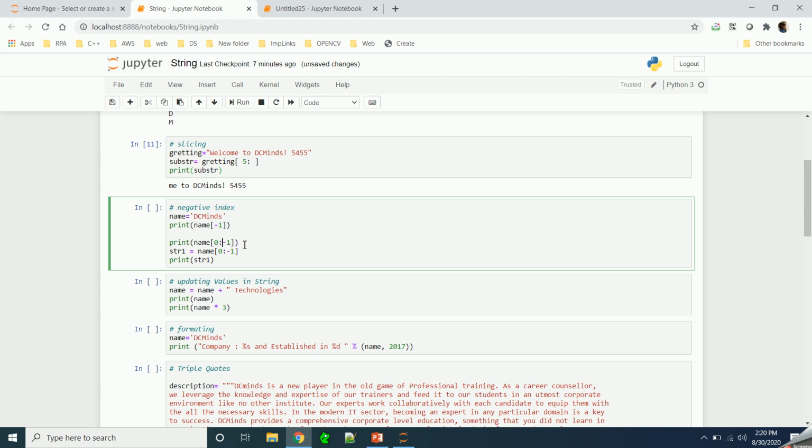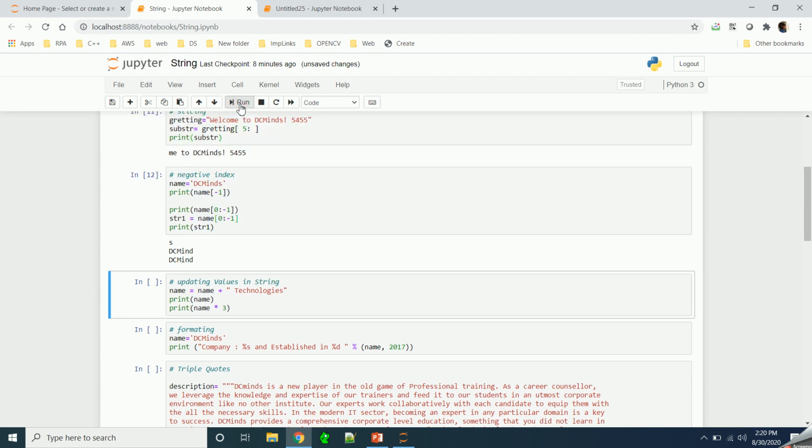When we use a negative index with slicing, -1 will be treated not as the end of the string but as the last but one, meaning the second last value will be considered. Let's run this and see. First we are getting s, because we are accessing the last element using the negative index.